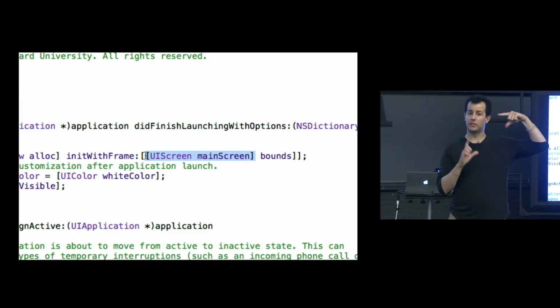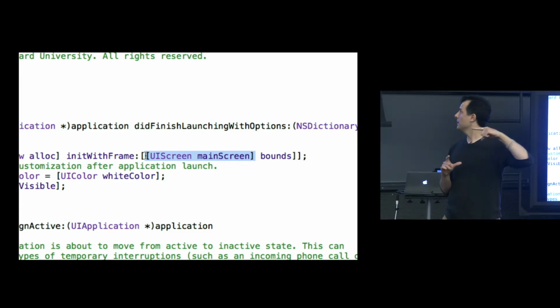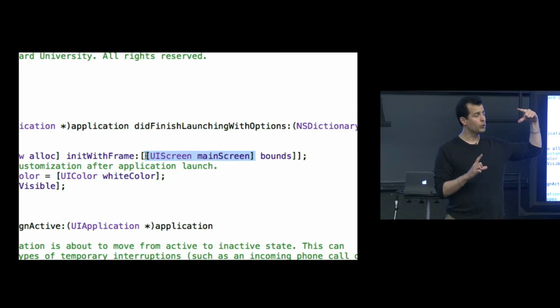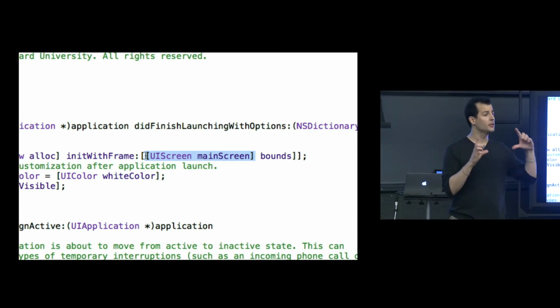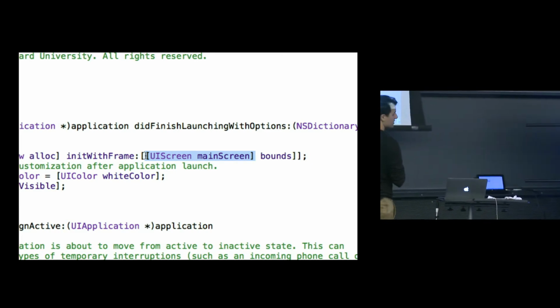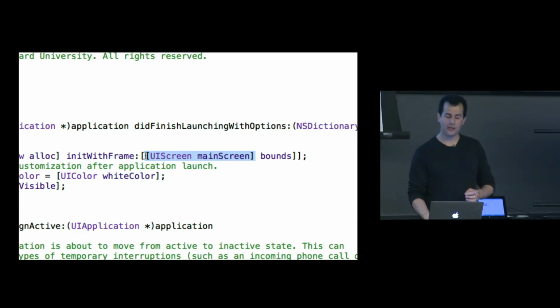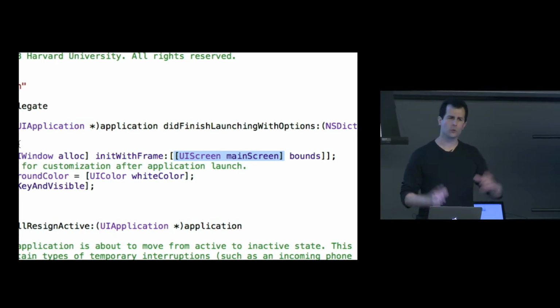Meanwhile, that glass is a fixed size. So when I pass the message called bounds to this UIScreen object, what do you think bounds returns? Yeah, the dimensions, the height and the width, effectively, which is going to be a little different if it's an iPhone 3 or an iPhone 4S or an iPhone 5, or an iPad. It depends on the device. And so this is a programmatic way of getting myself a UIWindow, which we'll see is like